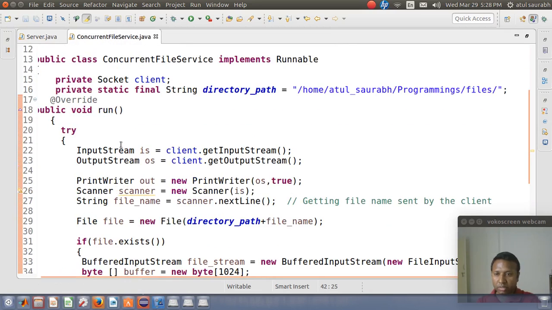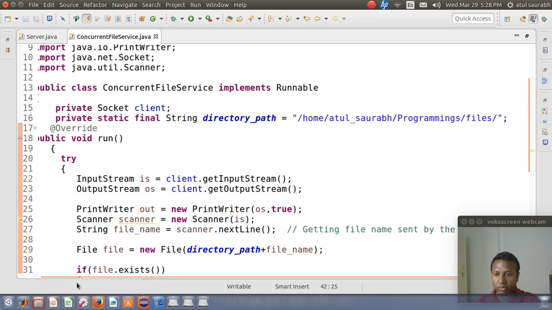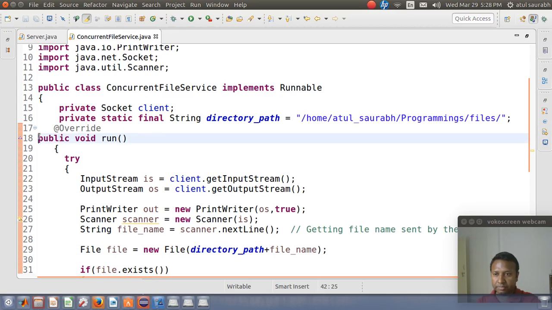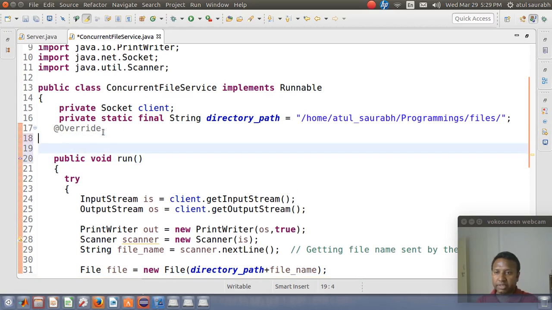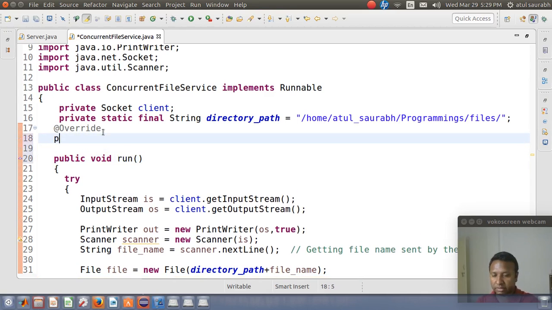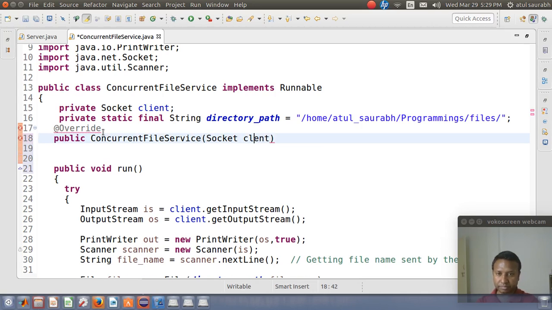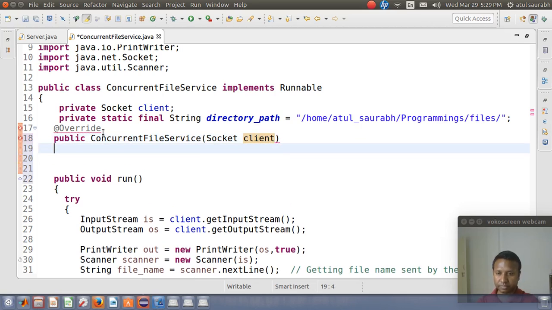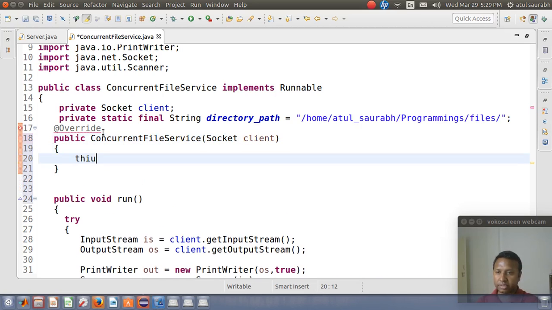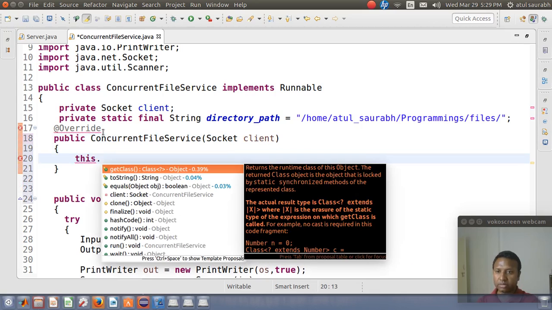One more change I want to make in this class: I need to have a public constructor, ConcurrentFileService, which will accept the socket belonging to the client, and then this.client equals the socket.